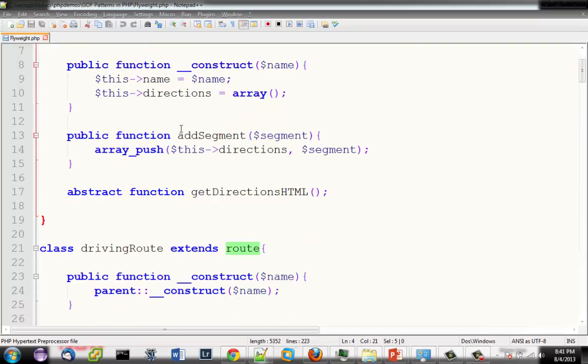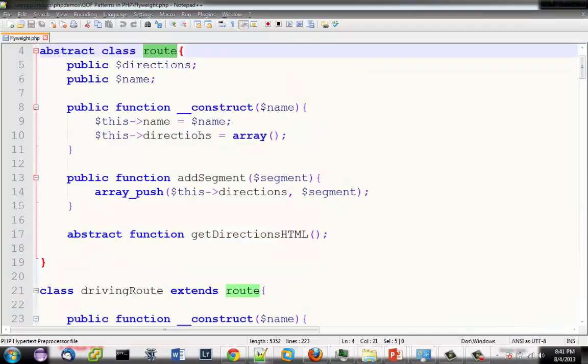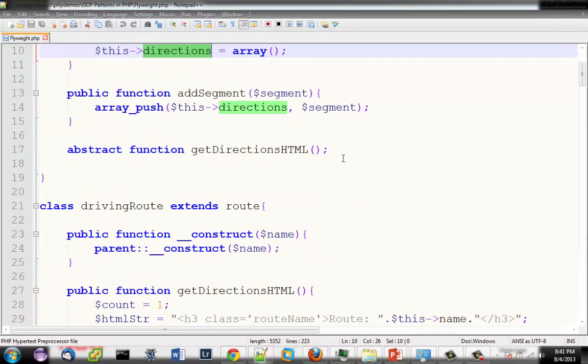Then this function here, addSegment, is just a simple function to add something inside of that directions array. And this last abstract function here is getDirectionsHTML. This is what I want to implement inside of my concrete examples of this, and you'll see that in just a second down here.